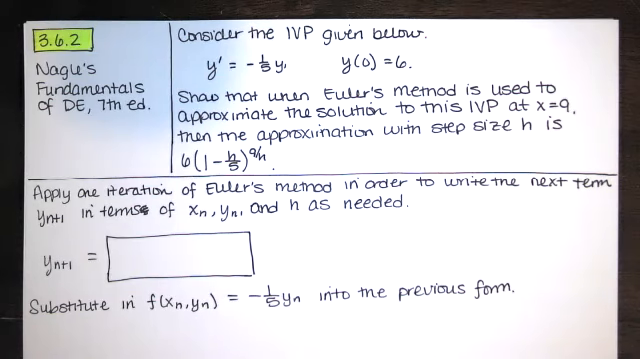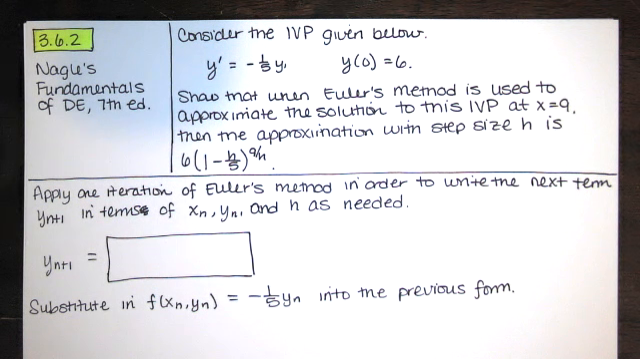In this video, we solve problem 3.6.2 from Nagle's Fundamentals of Differential Equations, 7th edition. We're asked to consider the IVP given below. We have y prime equals -1/5 of y, and y of 0 is equal to 6. We're asked to show that when Euler's method is used to approximate the solution to this initial value problem